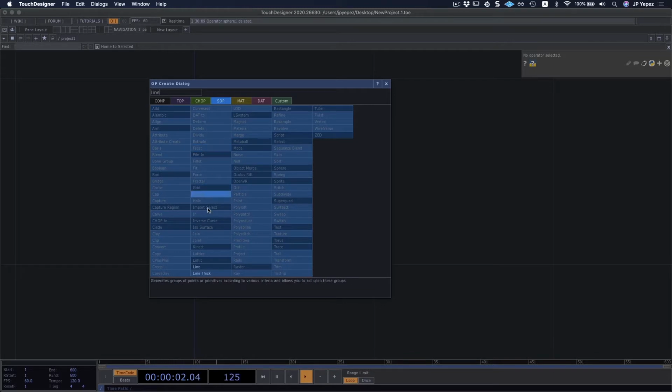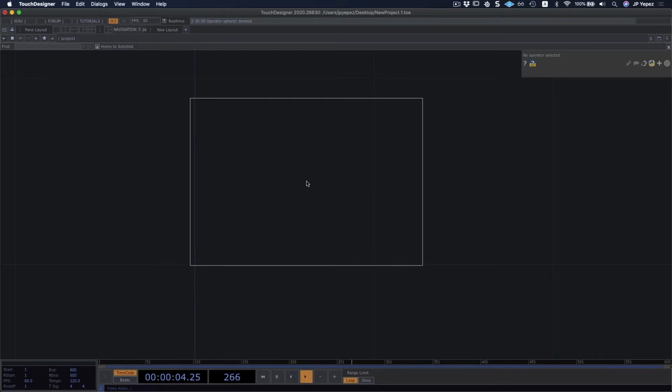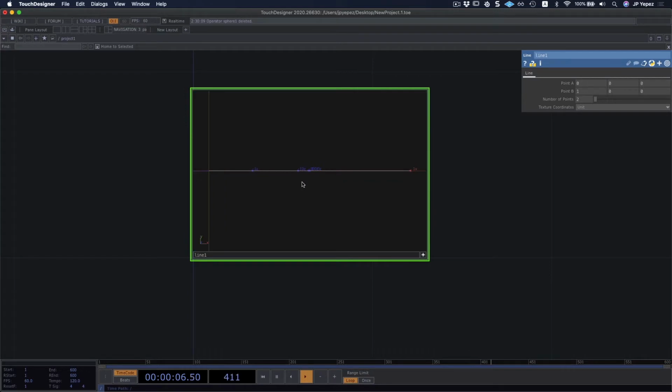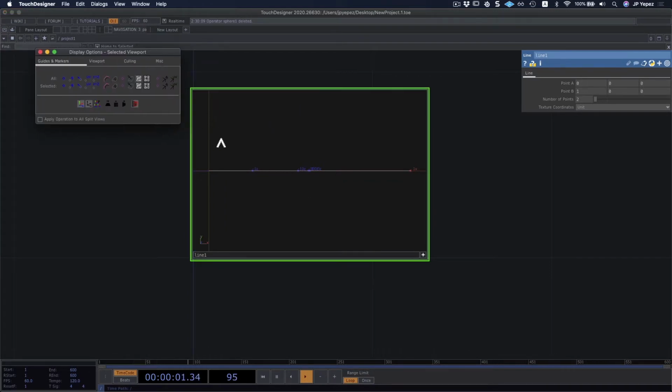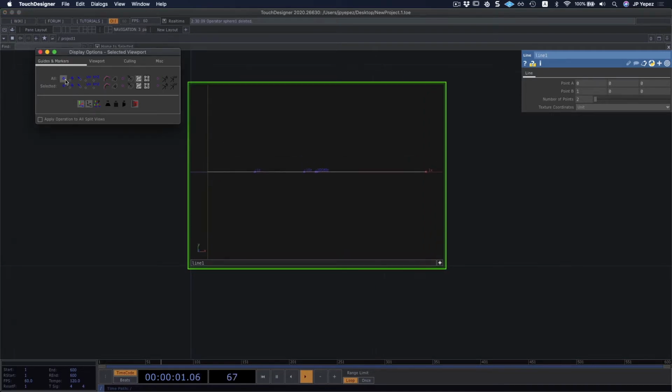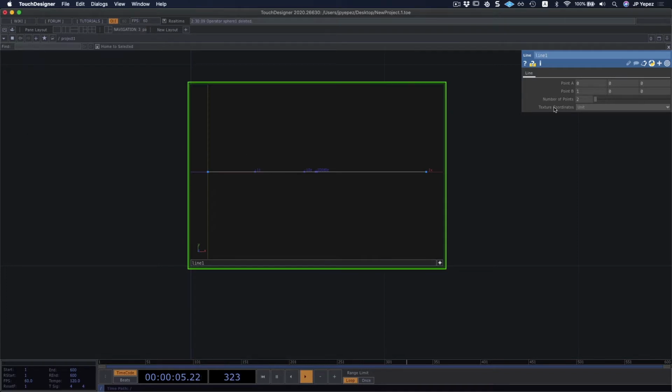And one very useful object for this is the line object. And something useful here are the display options. If I activate my viewer and press P, I'm going to be able to see my display options, in which I can see points. I'm going to be able to see normals and UV point texture coordinates, whatever's available. Nothing too exciting for lines, but I definitely want to see the points that I have. And in this case, I only have 2 of them.